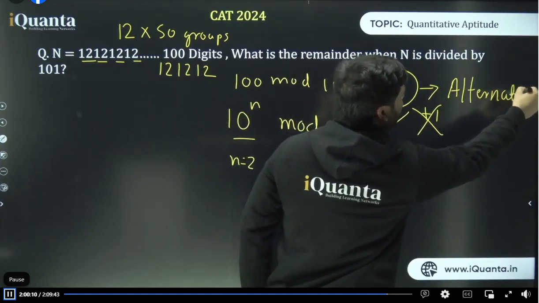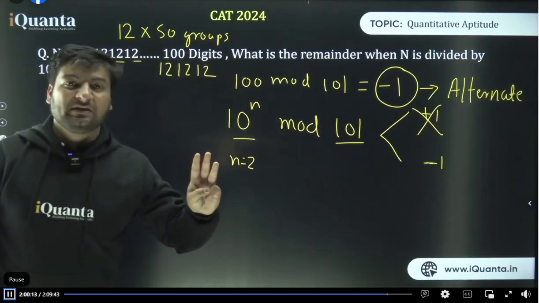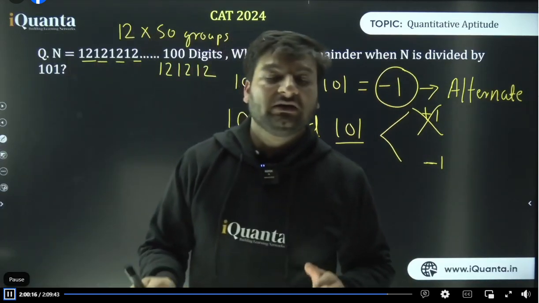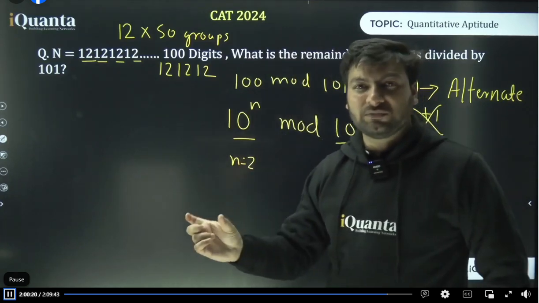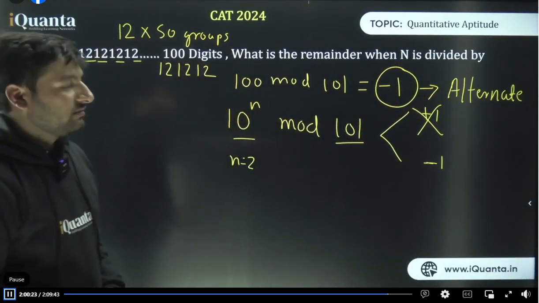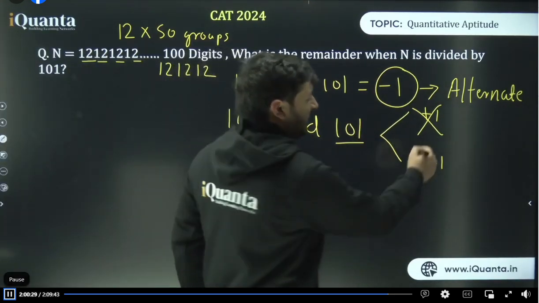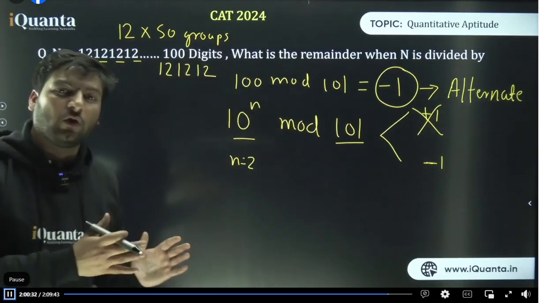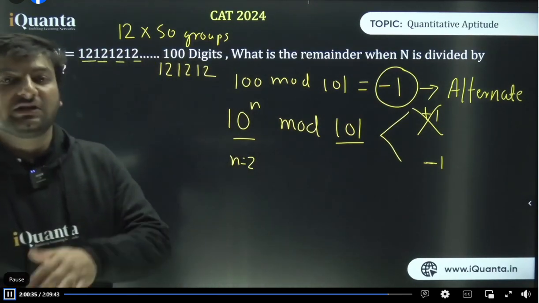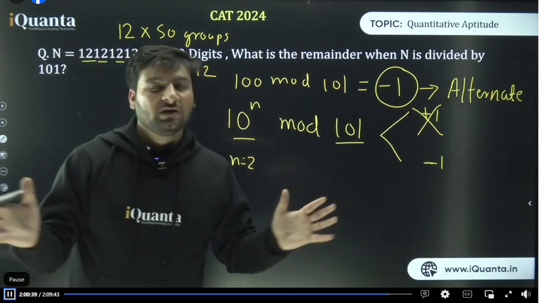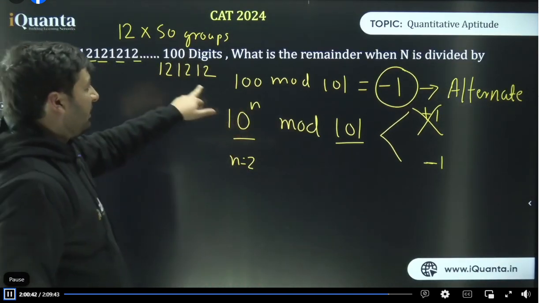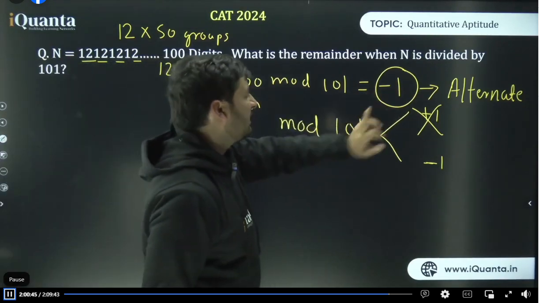Please remember this. Now we have done 3 such concepts. Whenever the remainder is -1, perform alternate addition and subtraction, taking group of n digits from the right and keep coming towards the leftmost end. Okay. And finally, you'll get the answer. When the remainder is 1, you have to perform just addition of n digits, group of n digits starting from the rightmost end, keep coming to the leftmost end till all digits are consumed, find the sum of that. So because here 101 was close to 100, so 100 mod 101 is -1